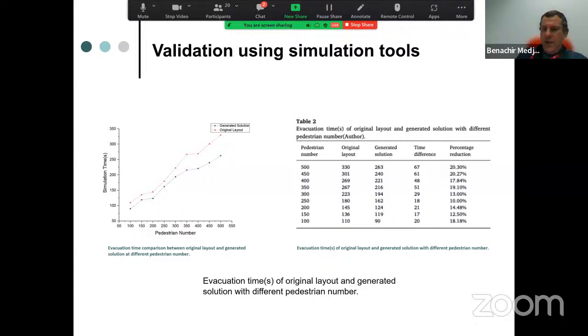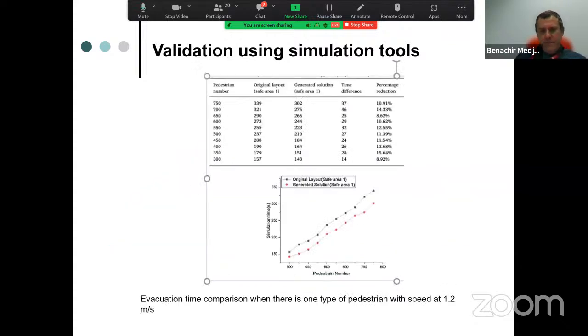But when we ran other models here, we see that we also save a lot of evacuation time, but the time saving here is nearly constant. In this case, we used the same type of pedestrian, only adults, with the same velocity, 1.2.